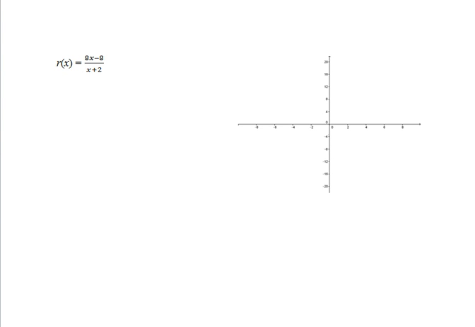Here we are given the rational function r(x) = (8x minus 8) divided by (x plus 2) and asked to find the intercepts, asymptotes, domain, range, and graph. So we start with the y-intercept, and the y-intercept will equal r evaluated at 0, which in this case will be negative 8 over 2 or negative 4. So the ordered pair (0, negative 4) is our